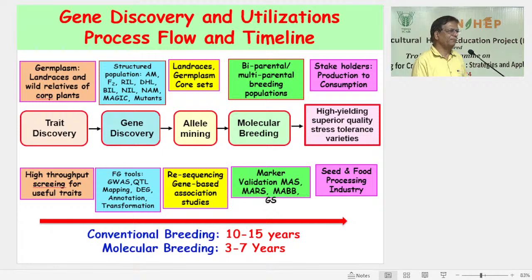You will end up with a variety which has all the good traits. It will have a good, high yield. It will have resistance against all the diseases and pests, and it will have superior quality. So this will be accepted by the people, which are called the stakeholders. Who are the stakeholders? If I make a good variety, then who is the stakeholder of that? The stakeholder will be